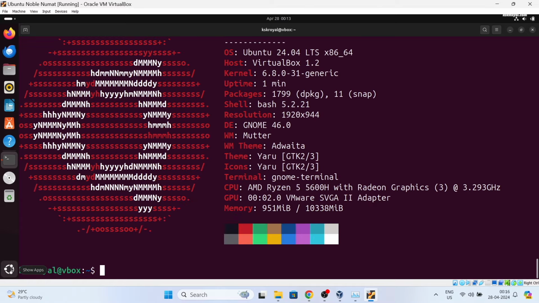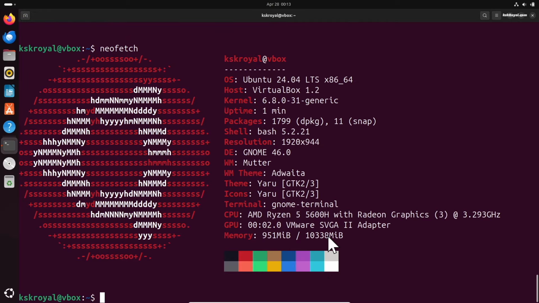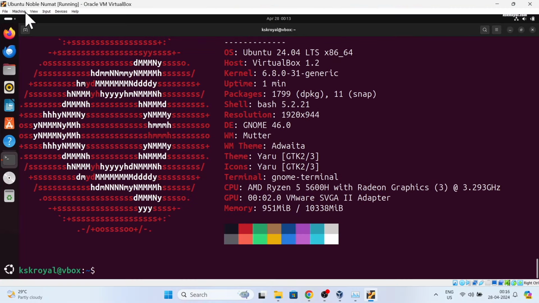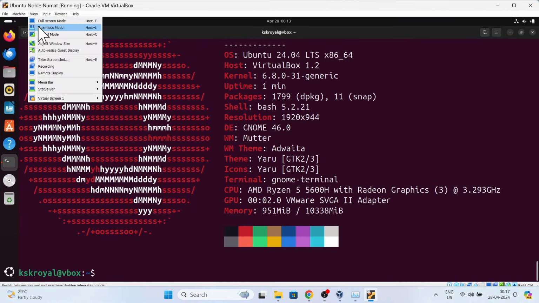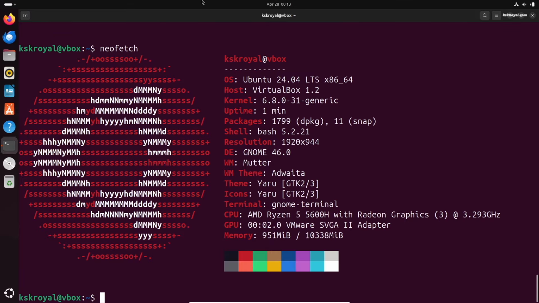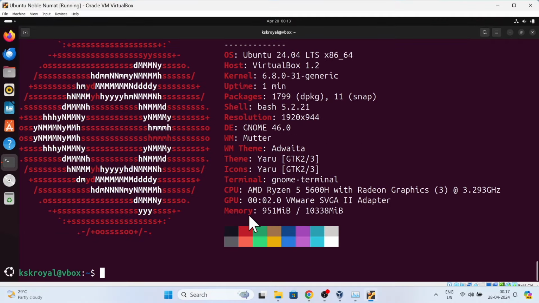You can switch between the window or full screen mode by pressing right control key on your keyboard and F. This is how you properly install Ubuntu 24.04 LTS in a VirtualBox on any Windows PC or laptop.